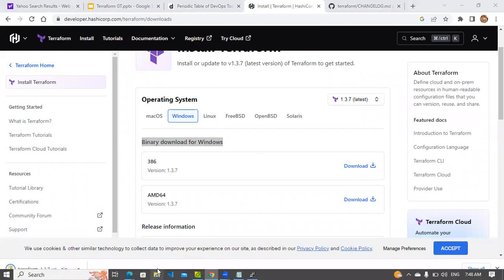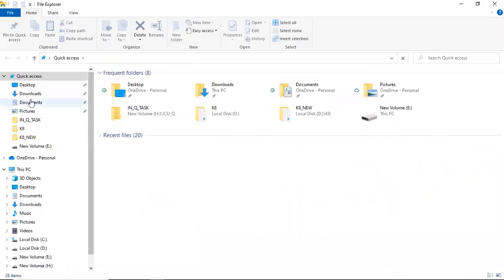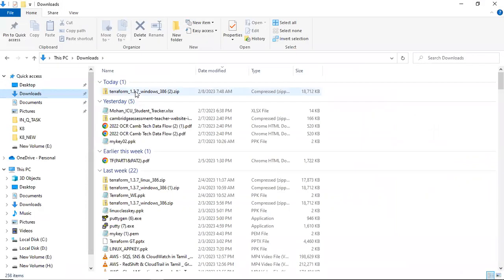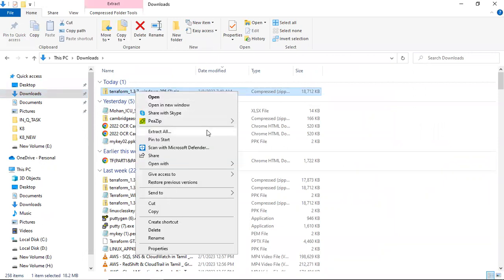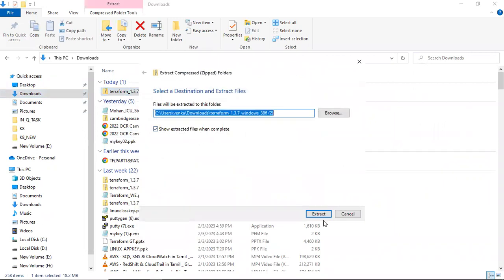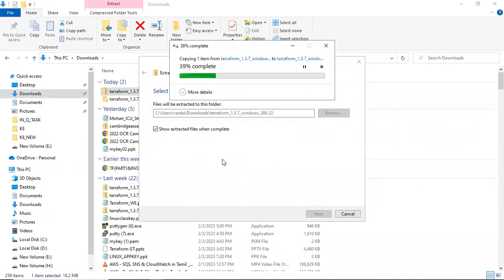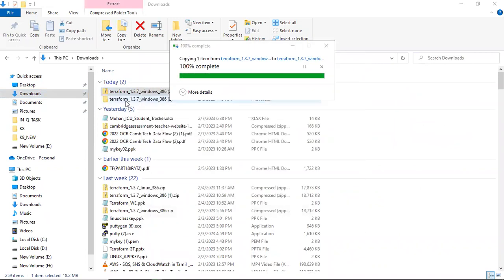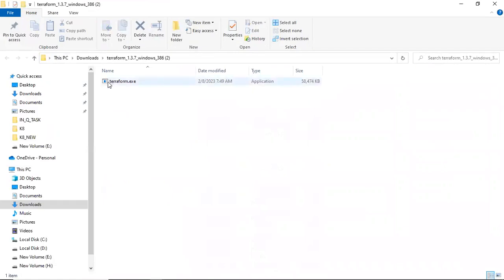Then go to the downloads, click that one, and unzip. Extract all. After extracting, you will find this terraform.exe application here.